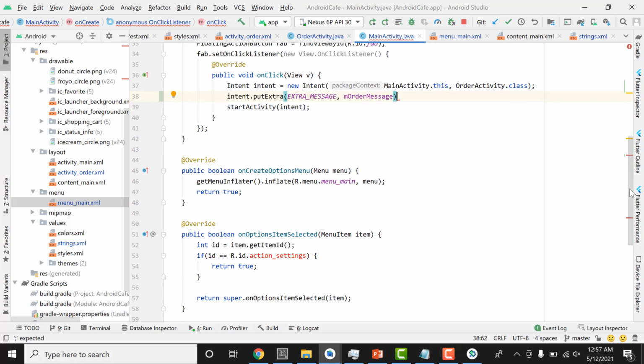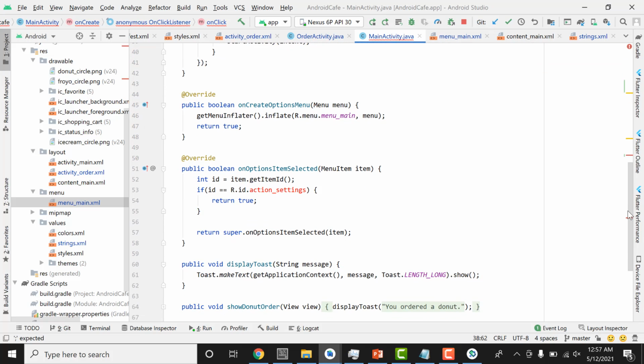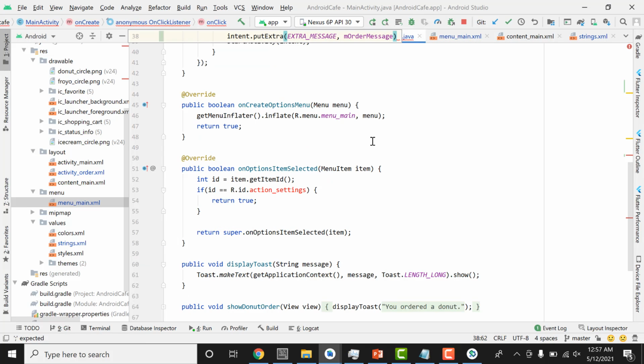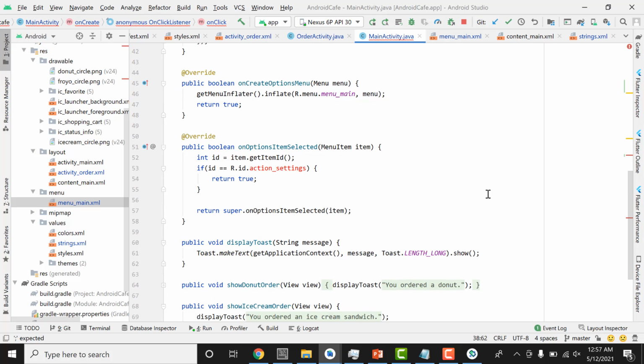After that we inflated the menu bar, our menu, and then here we can add code for the different menu options. For example, what happens if the user clicks on this shopping cart, or the save, or clicks on this info or favorite option or contact. So we are going to add functionality to these options. So we already have some code like public boolean onOptionsItemSelected. So we are getting the item ID. So if ID is